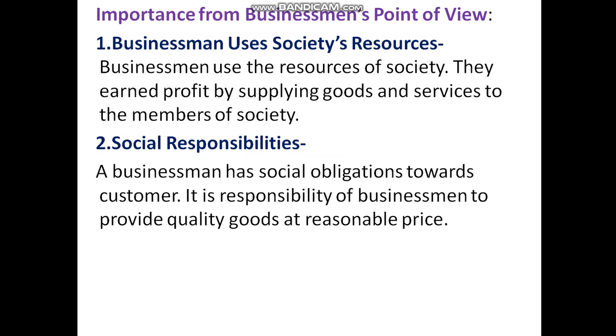Then importance from business point of view. First one is that the businessman uses society's resources. What are the importance from business point of view? Businessman